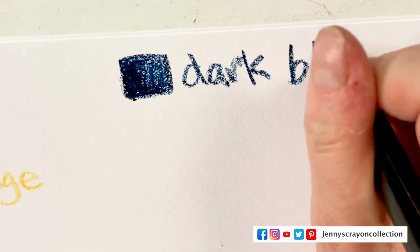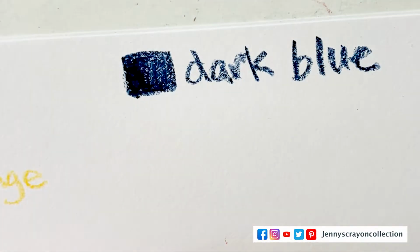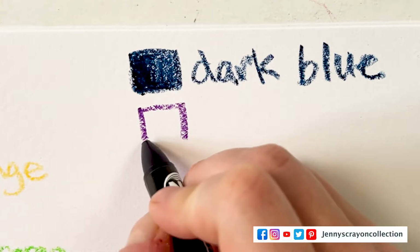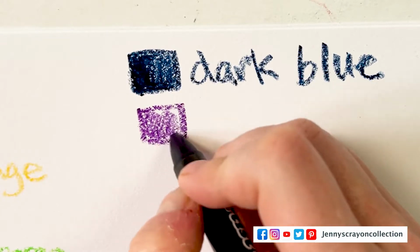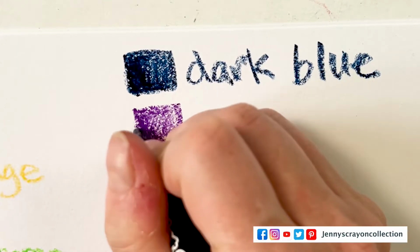And you know, you can name it like midnight blue or something like that, but I'm just calling it dark blue. I'm like, does it have a reddish tint to it? You just don't know. But this one definitely is violet. We'll call this violet or purple. I don't know whichever one you want to call it, but violet's more like,